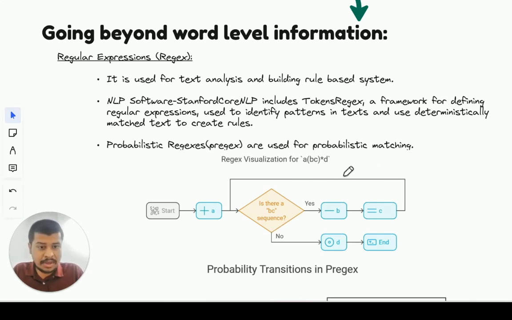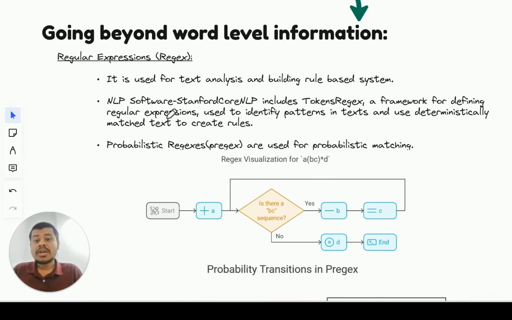By chance, if it is only A, B, C, and C, then D, this string will not be accepted, because BC is here, but then again it's not followed by another B. If it is continuing, it should come here, get to BC again, and only then go to D. Otherwise, after finishing BC, it should not even go to B; it should directly go to D. Only then will this rule accept the string. This is just an example of how regex can be used for accepting strings having a specific pattern, or groups of characters making up a string.